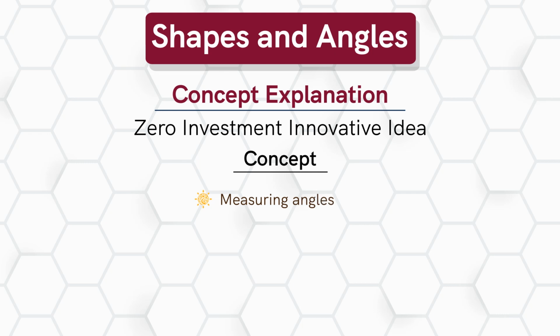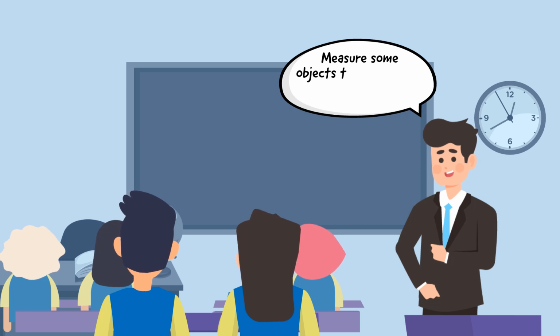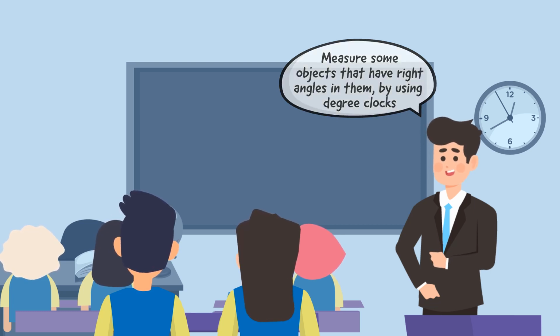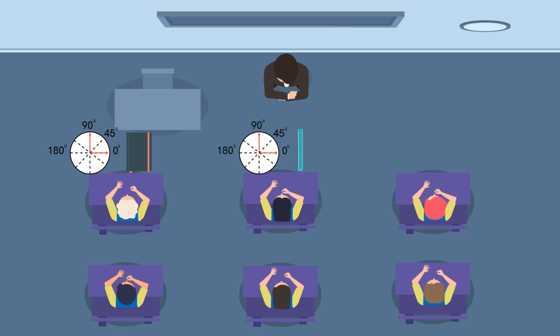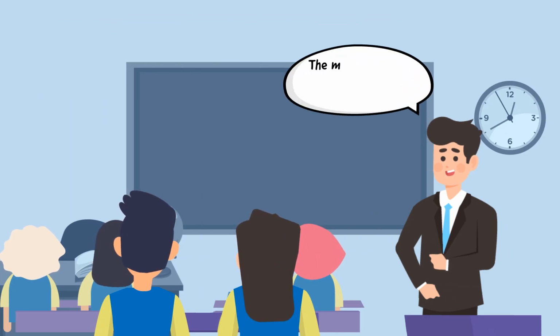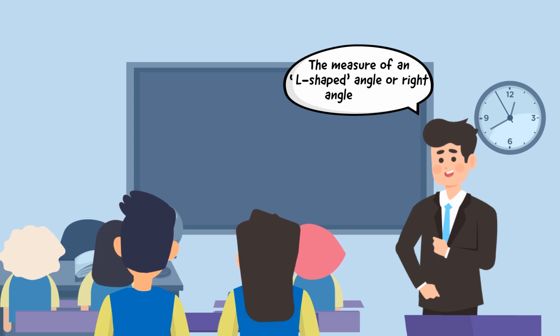They will also learn to classify the angles based on their measurement. So, let's begin by asking each group to measure some objects that have right angles in them by using their degree clocks. For example, the students can measure objects such as notebooks, rulers, pencil boxes, and so on. Once that is done, we shall inform them that the measure of an L-shaped angle or right angle is 90